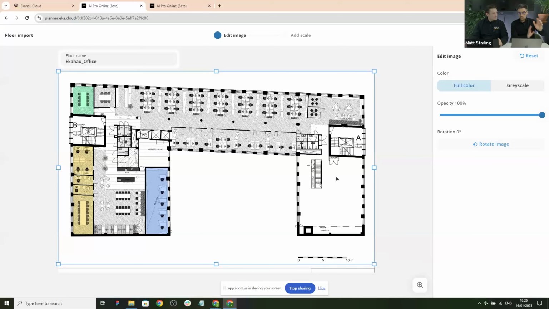So that's the key here. I just want to ask a quick question to the audience that work on Wi-Fi projects. When you're speaking with the stakeholders and they provide you floor plans, what is the most common floor plan type that you get provided with? Do you get CAD files? Do you get PDF files with the layers defined? Do you usually just get a flat PDF? Do you get JPEG? Do you get PNG?